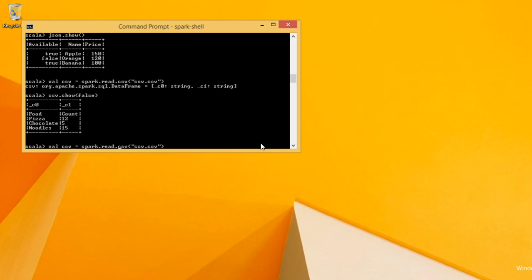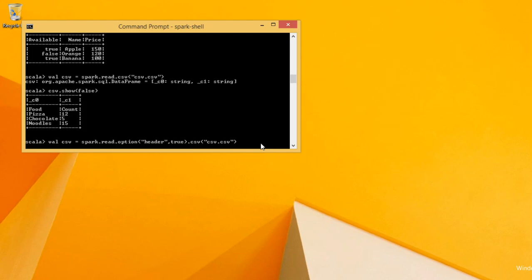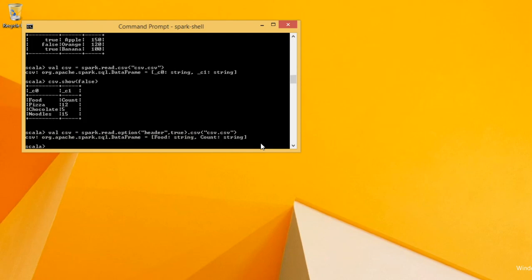So this is something we can specify here. Spark.read.csv dot we can say something like option, and header is true. So let's see, when you create two different CSV, like I created CSV earlier also, again I created this CSV in Spark.